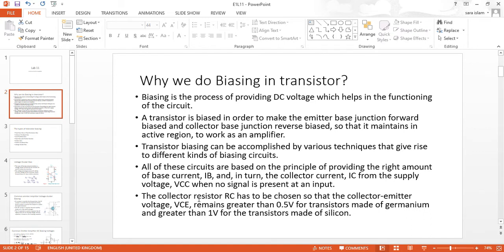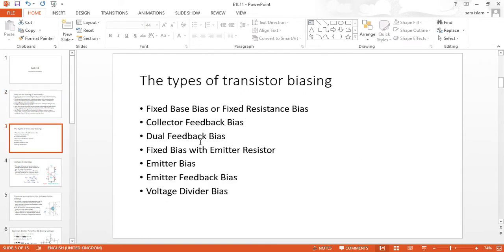So when we discuss the biasing elements, हो सकता है कि we only give a single DC voltage to the collector and that is it, but they provide us with multiple biasing techniques, and there are a set of biasing techniques. For example, fixed base bias, then there are collector feedback, dual feedback. Okay, so why are there these multiple biasing techniques?